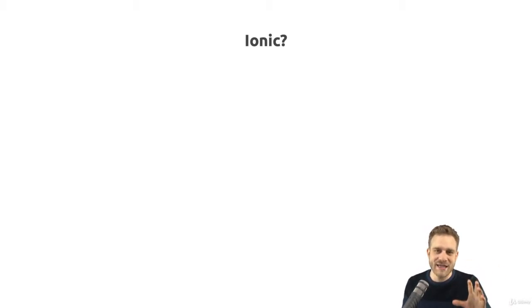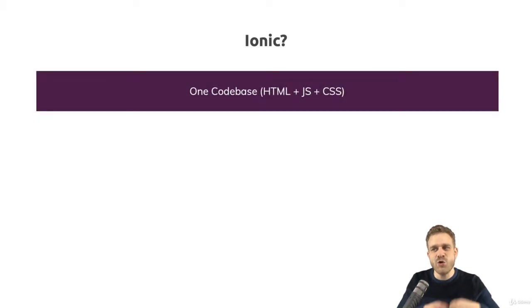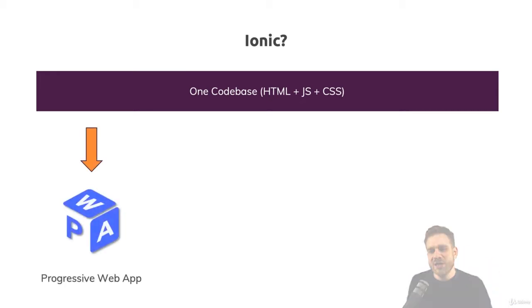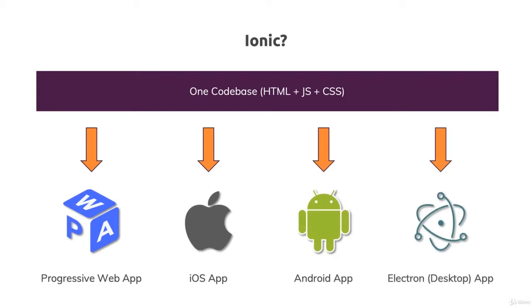Ionic, in the end, is all about having one code base, which is the code base for a web app and therefore uses HTML, JavaScript, and CSS. So what you would use to build normal user interfaces in the web. And you use these tools and these techniques and these languages which you already know and take some magic, to which I will come back in the next few seconds, added by Ionic to generate web apps, progressive web apps,